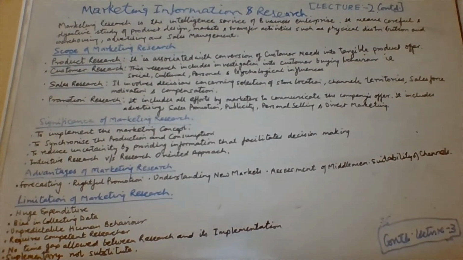And if, for example, in a particular area the number of customers is greater, then you require more retailers and more salesmen to cater to the requirement. And then the suitability of the channels. The suitability of the channel is again related to the number and types of channel members, and looking into the product aspects.